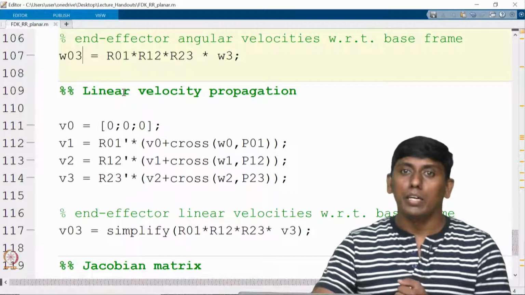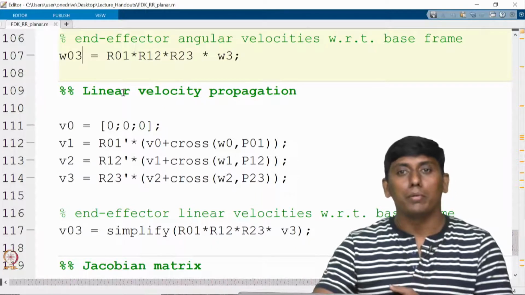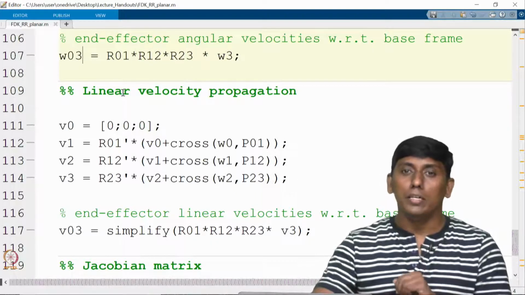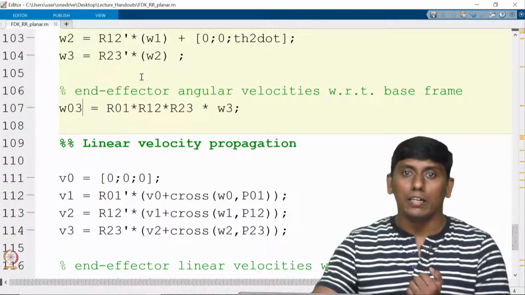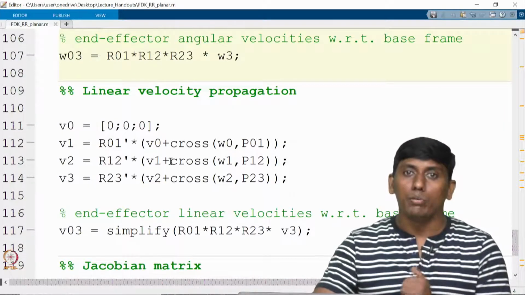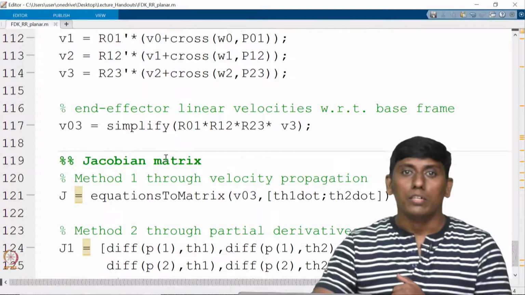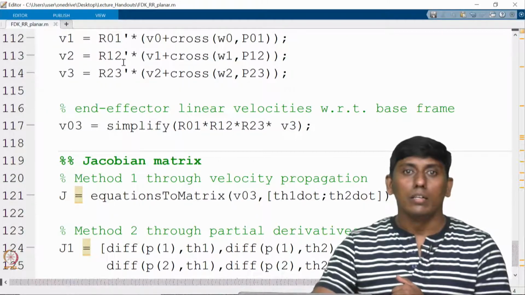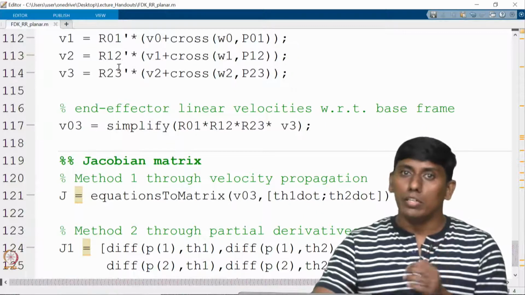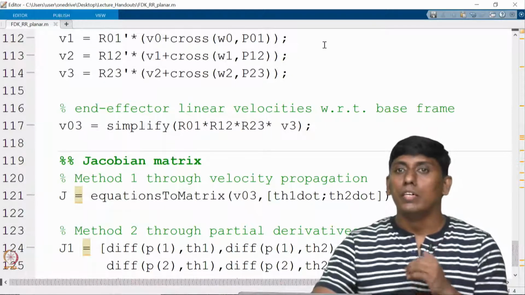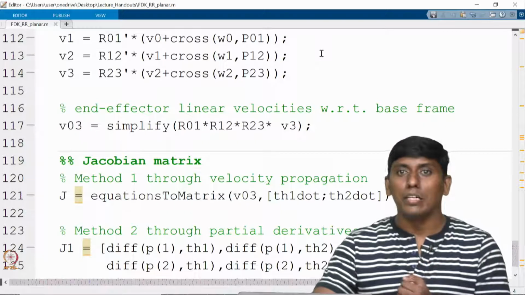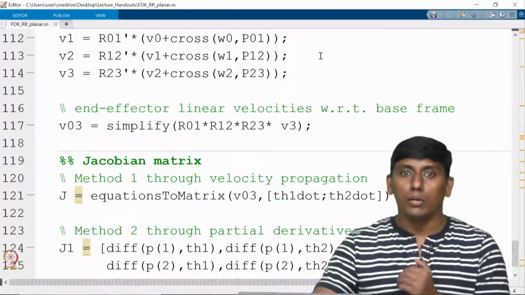Position vector, by the way, we got it from the direct kinematic model, but the angular velocity needs to be calculated. That's why we have calculated it already. So now we can do the linear velocity propagation. So these are the propagated models. Since in this particular example there is no linear joint, everything is rotary, there is no addition of d1 dot, or d(i+1) dot, that is not added.